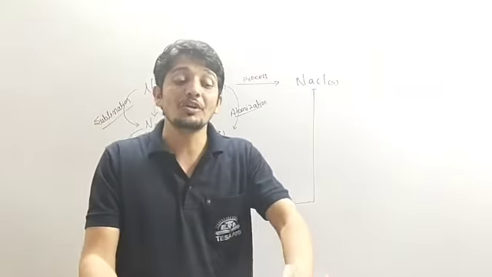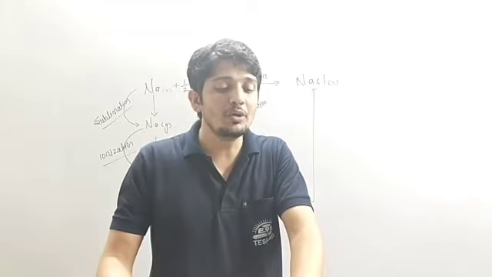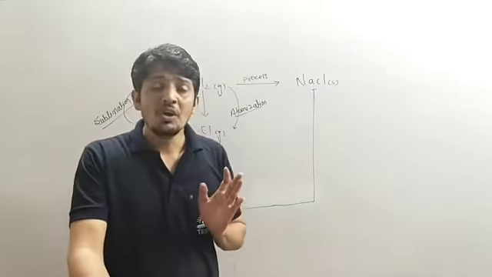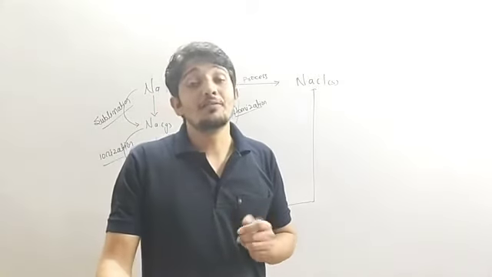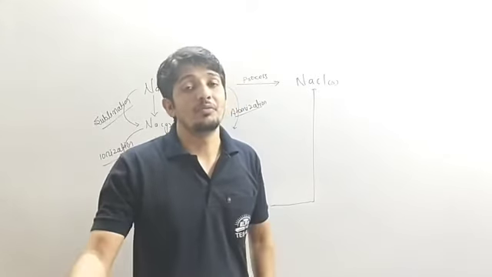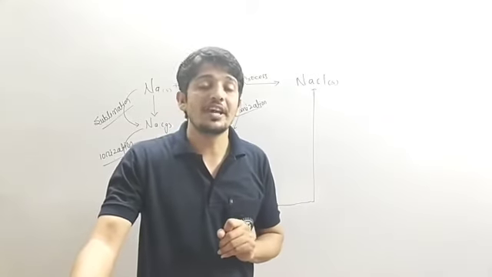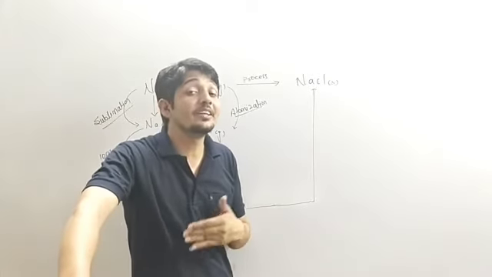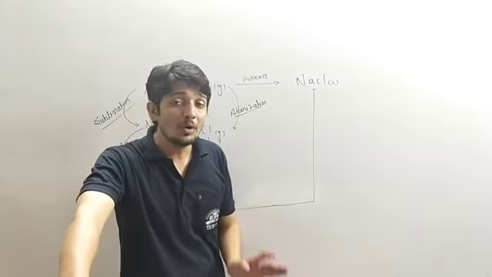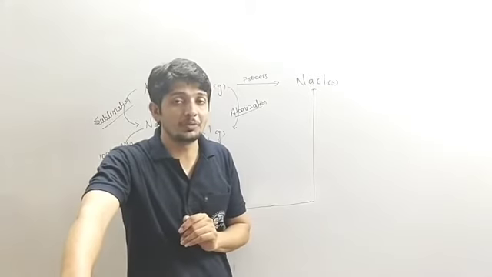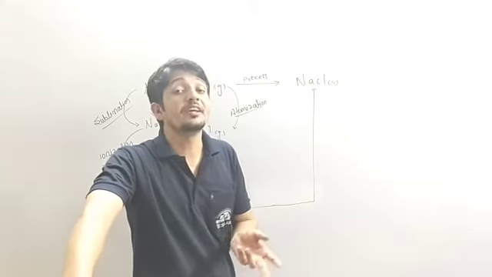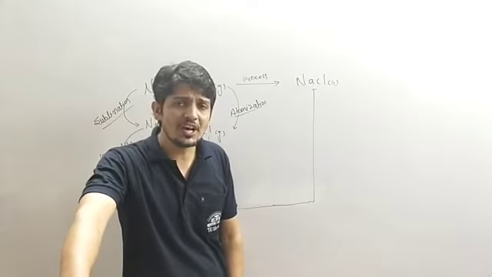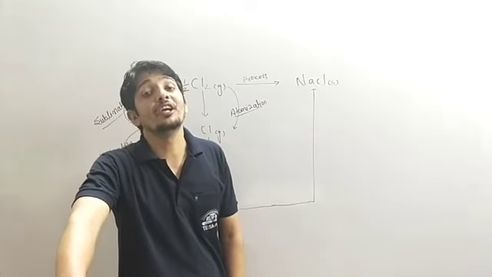So for the first question, we are going to understand what are the types of molecules of the elements of the compound. There are three types of elements that we have in our periodic table. We have metals, non-metals and metalloids. So what are metals? Metals are the elements that have a tendency to lose electrons and they form positive ions. That means they are electropositive. Then we have elements that have a tendency to gain electrons, called non-metals. And non-metals form negative charge. That means they are electronegative elements.